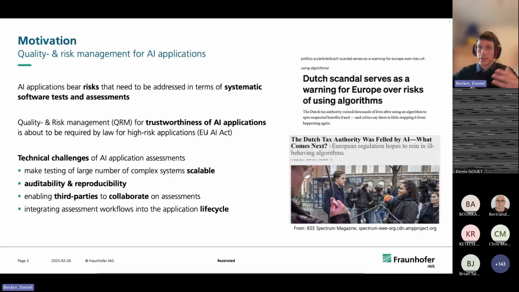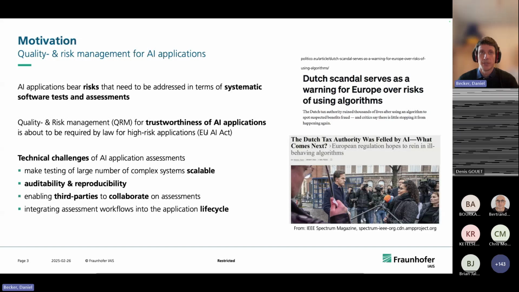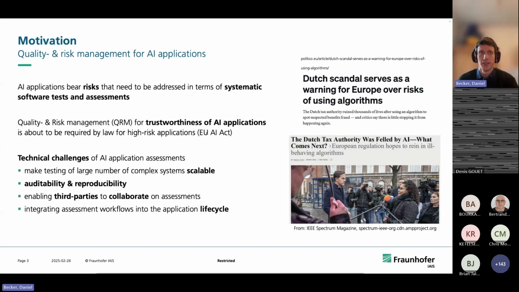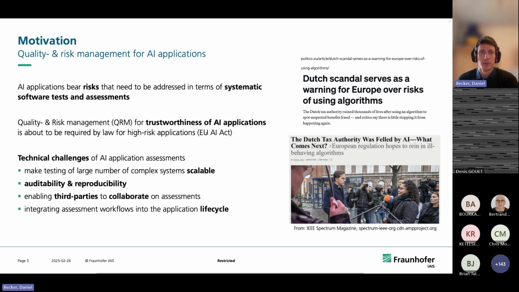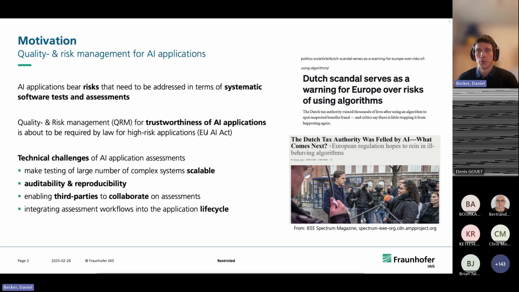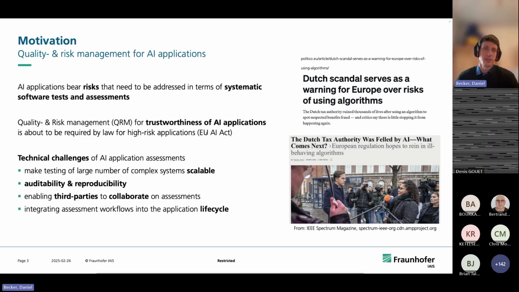So transparency: can we understand what the system is doing, why it is doing something? That is one aspect that we work on in our department, but it's not something that is in the focus today. Today, I would like to focus more on the technical challenges, and there, of course, are the questions regarding how do we make the system actually safe? Also things that Chris was showing us examples of, but also how can we actually test these systems, maybe from a third-party perspective, but also during development ourselves, what methods there are in order to assess these things, the quality aspects, manage them properly, assess all the risks.